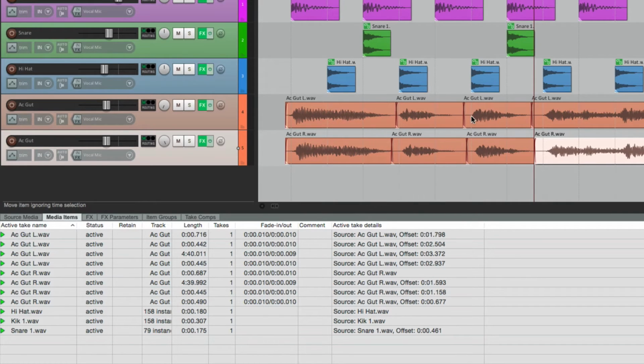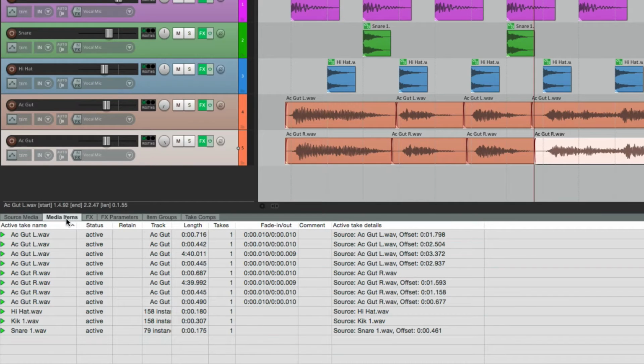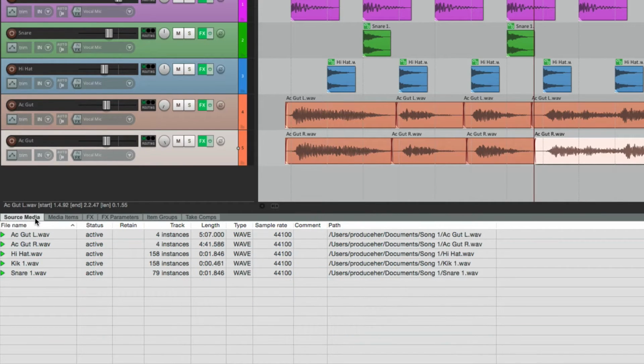ones over here. But if we go back to our source media, we still only have the original ones, these 2, because these point to the files on your computer. By splitting these over here, we didn't create more files. We just created more items that point to those files, which is why more show up in this tab. But for the most part, both of these tabs behave the same way, as you'll see. Let's put these back,